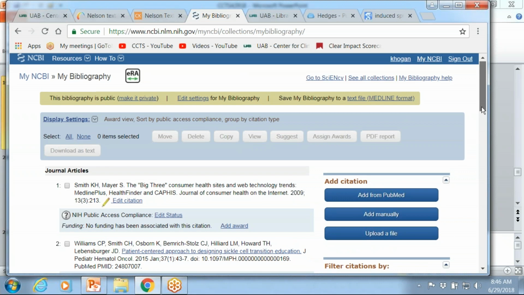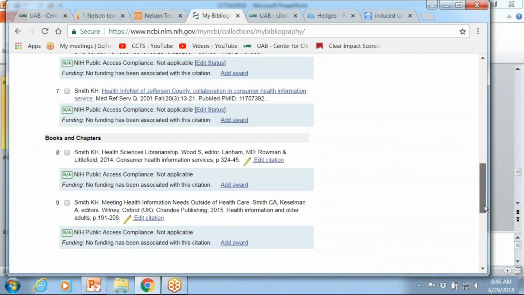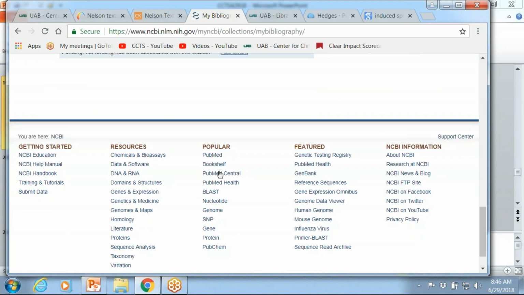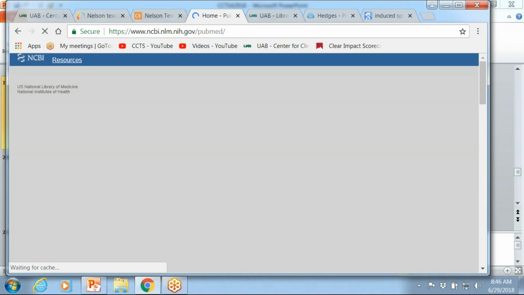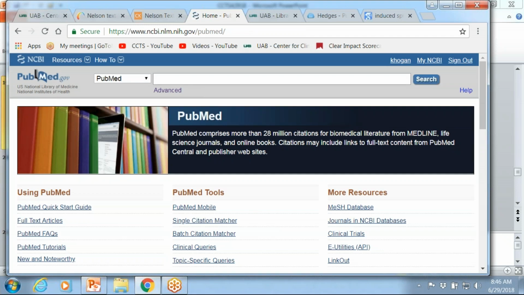So, any questions about My NCBI or the searches that we did? As far as combining searches with the MeSH terms and the keywords, again, you can use that advanced search builder.